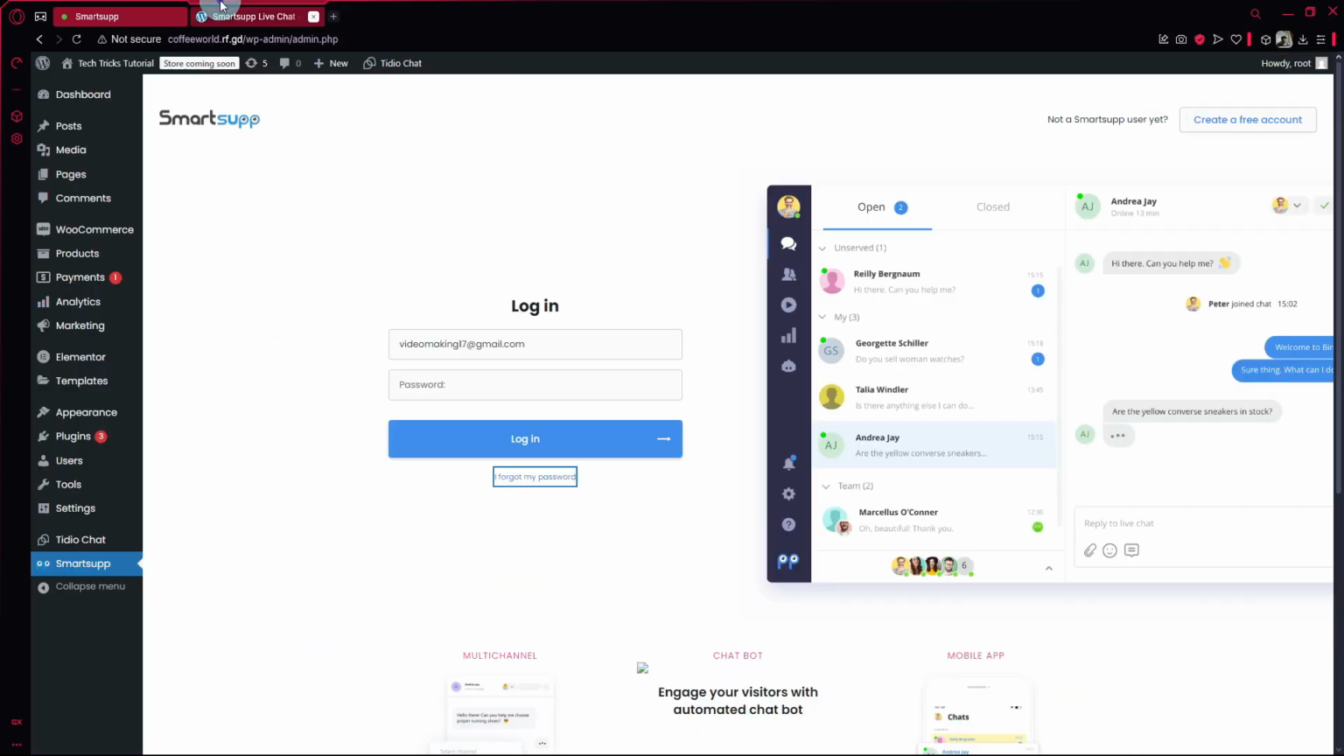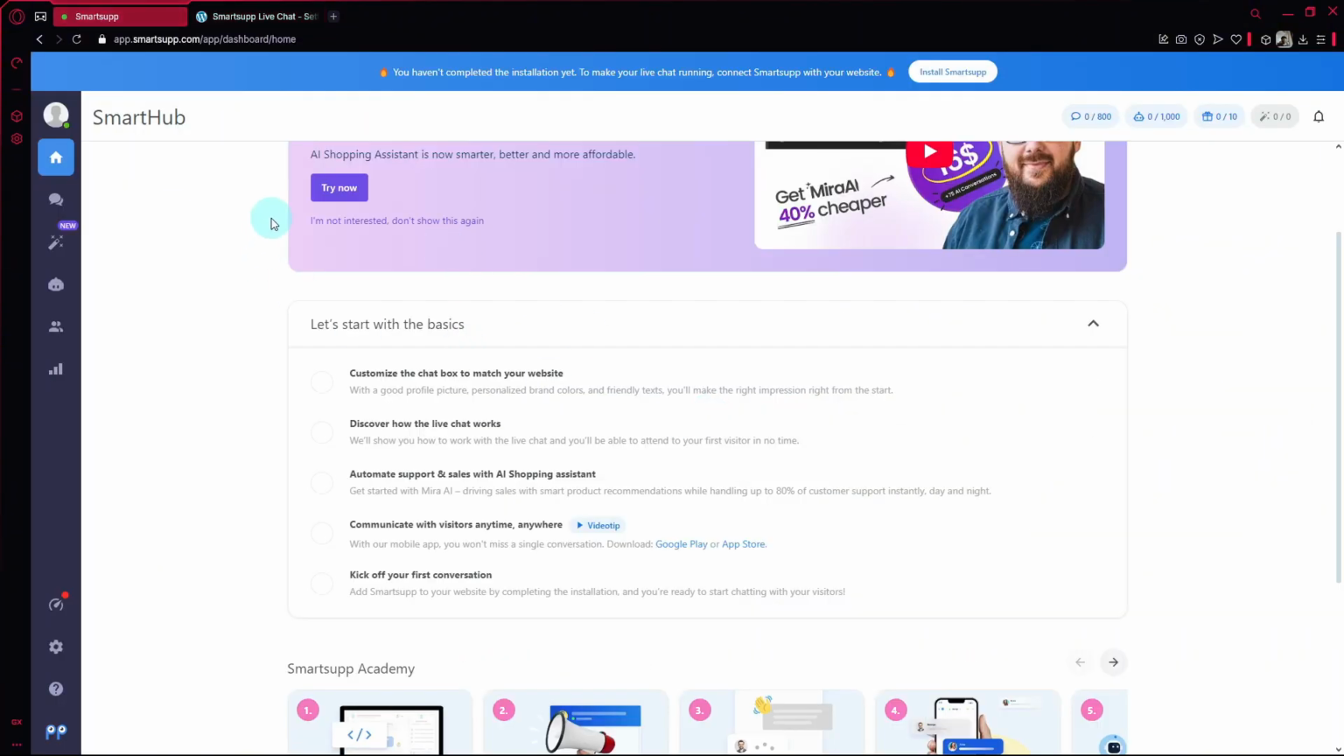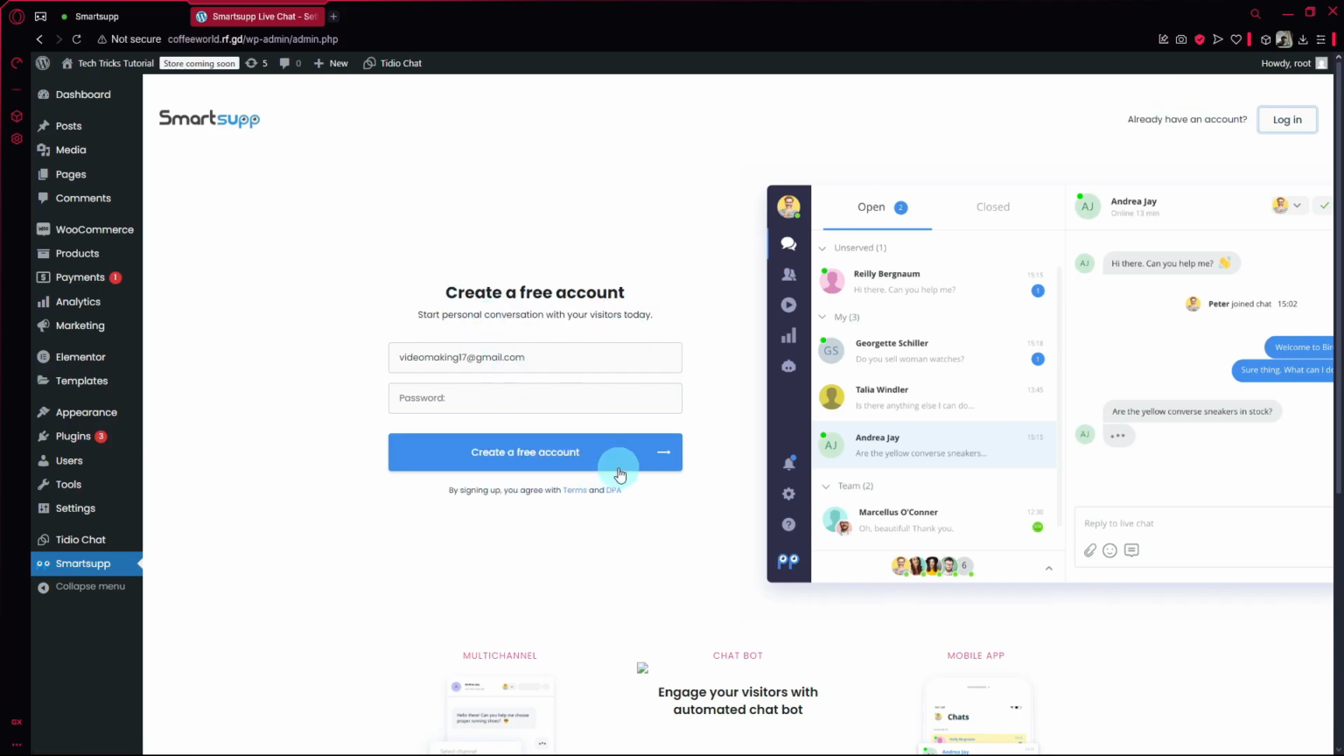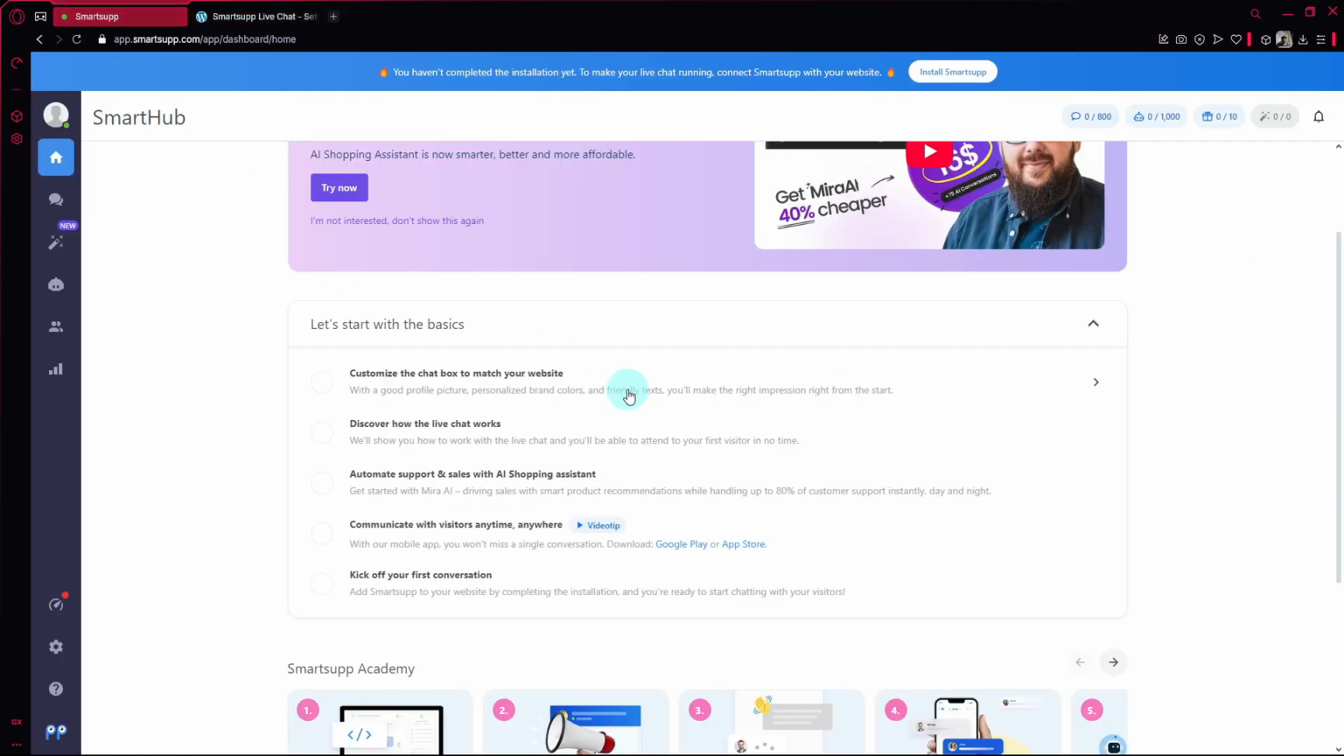Now, over here, you should not be able to log in. I think I created an account through Google API, which is not letting me log into this page over here. So when you're creating an account in Smartsupp, I would recommend that you create an account through the direct email creation, not through Google, stuff like that. But anyway,